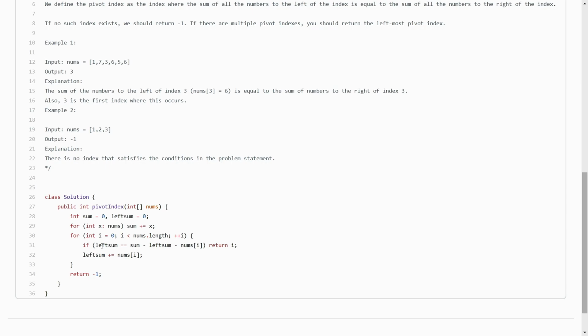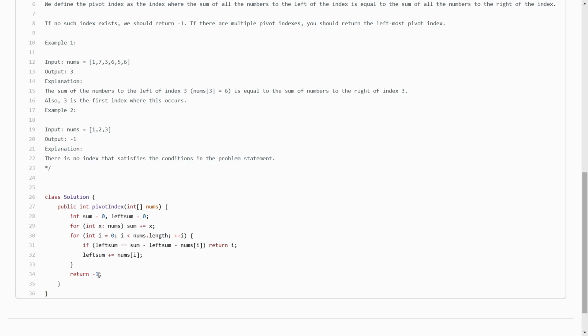Okay, so every time, if you see, at the end we are adding the current number to the left hand sum. So ultimately this variable itself is generating your prefix sum. So every time you do not need to calculate a sum on the left hand side. Every time we accumulate that prefix sum, and then that will be used in the next iteration. So whenever you find that there is a match, at that time you will return that index, otherwise we will return -1.